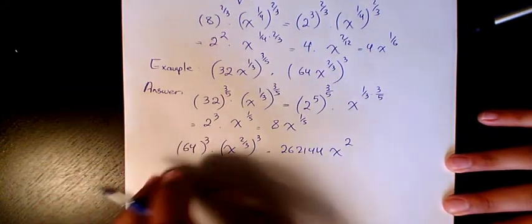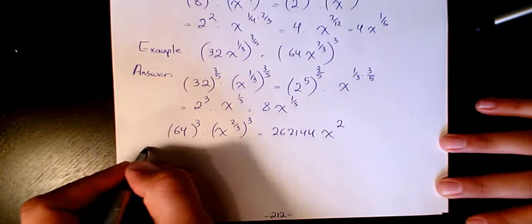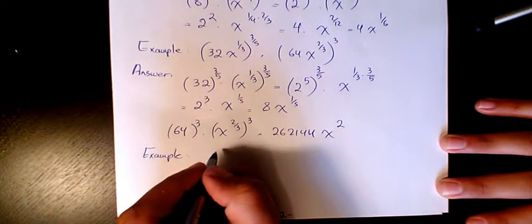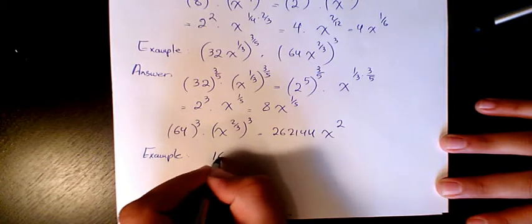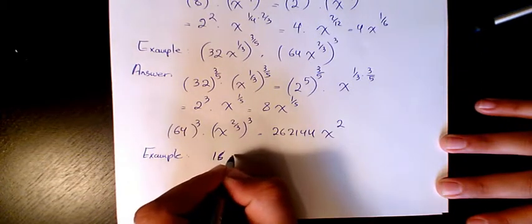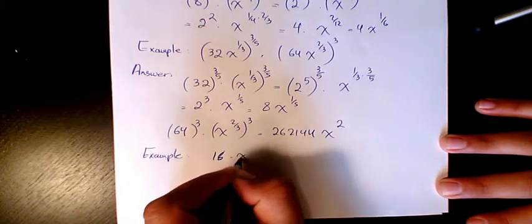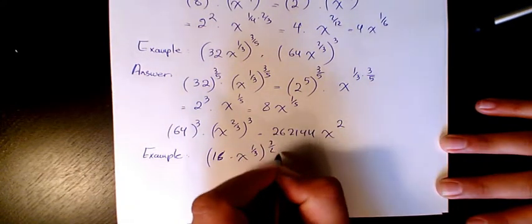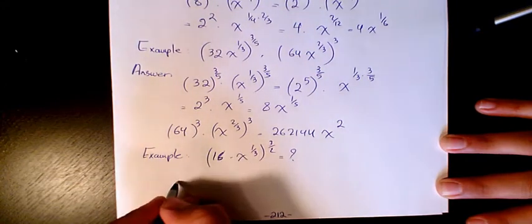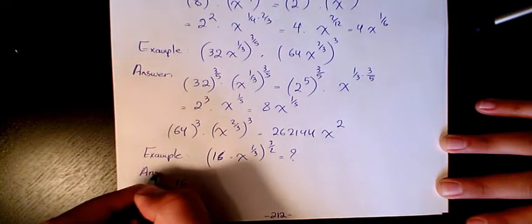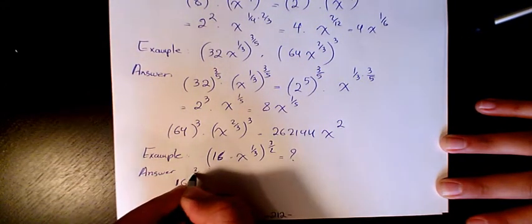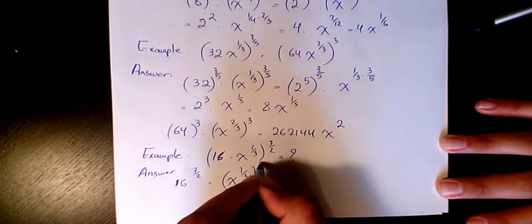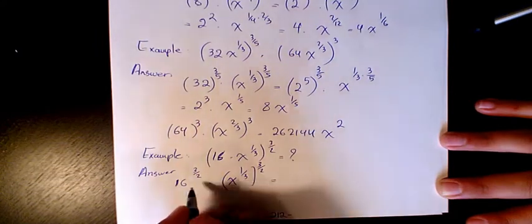Then, next example. Says 16x to the power of 1/3 to the power of 3 over 2. That makes it 16. The answer is 16 to the power of 3 over 2 times x to the power of 1/3 to the power of 3 over 2. That makes it